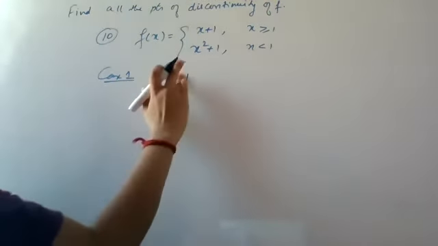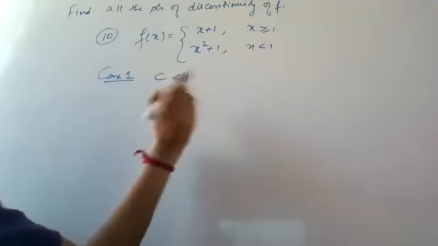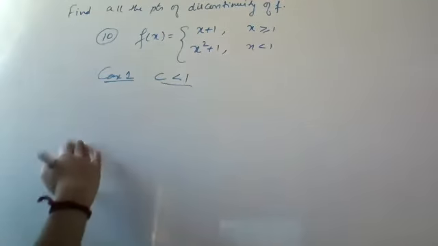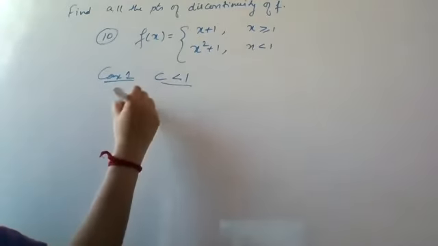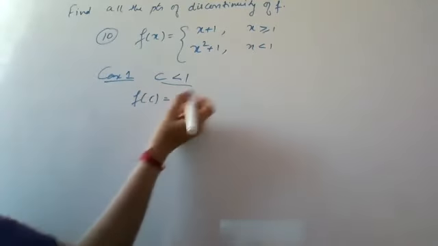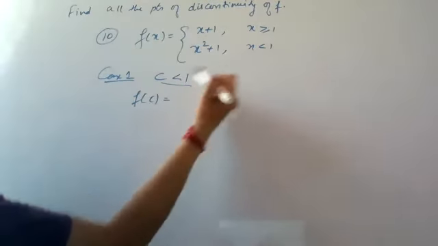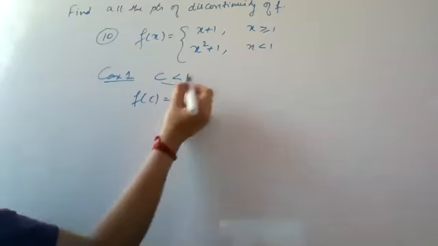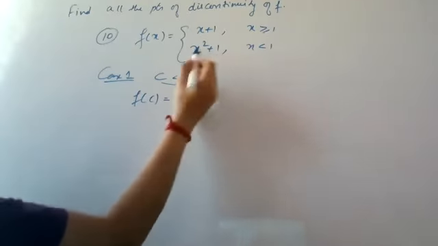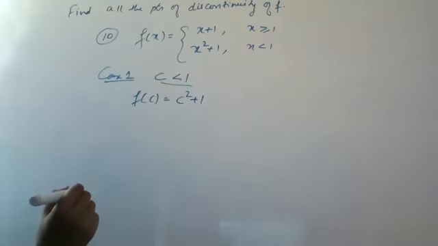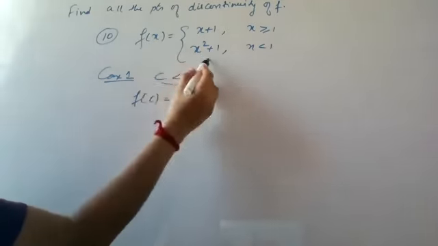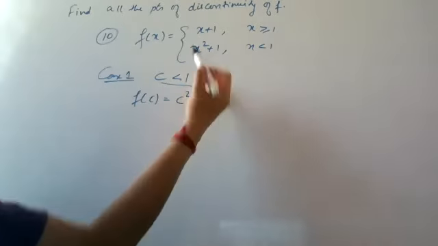Accordingly you can take either one. You have to take less than; I saw greater than first here, so take less than, no problem. Take the left side, then at the point, then the right side. So what will f of c be? But you should be careful while writing the value. c is less than 1, so which one applies? c square plus 1 will come. You are replacing x with c. f of x is this, f of c is replacing your x with c.